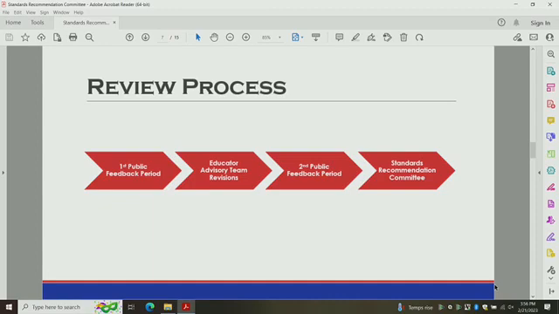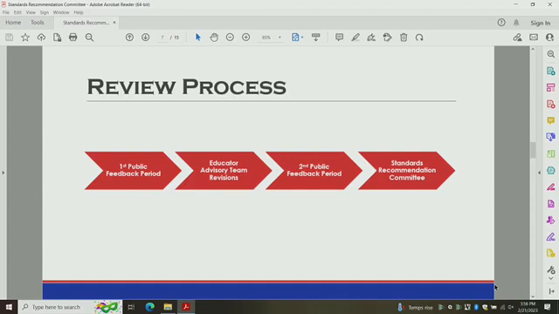From the first to the second round of public feedback, Tennesseans get multiple opportunities to weigh in on the individual standards that make up what we want students to know and be able to do at any grade or any subject in Tennessee. Educator teams, that second arrow there, consist of teachers of the subject matter that's under review, paired with higher education professors of the related subjects to consider the reviews and comments from the public in making their suggested revisions to the standards. After the first round of public feedback, that set of revisions is again made available for public review. Additional changes are often made before going to what we refer to as the Standards Recommendation Committee, or another acronym,